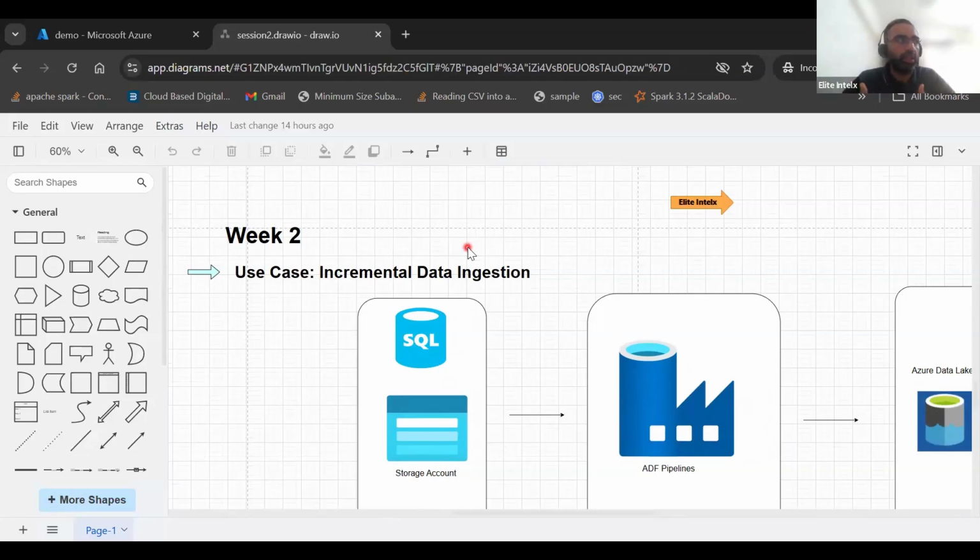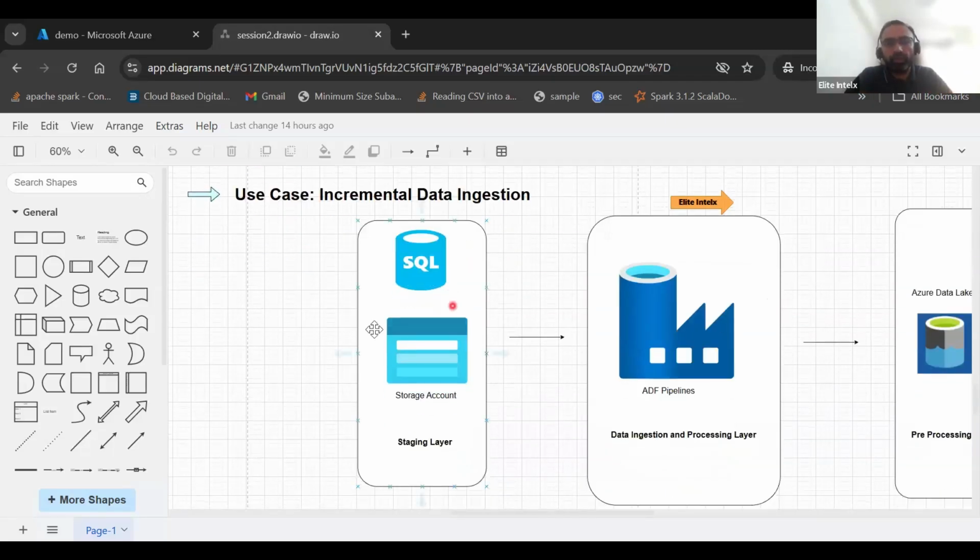So what is incremental data ingestion? Let's say on day one, today, I get some data set from the source end. I would get some data into my storage account or my database. In the database, there could be one date field wherein I will see all of today's data, or in the storage account, there might be some system which is pushing data into my storage account. So for today's data, now my logic should be